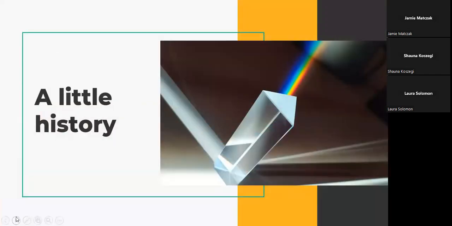So a little bit of history about where this came from, because of course, like everything else, it didn't just pop up out of the ether. The first color wheel was actually invented, let's try invented. Boy, you can tell I've been cutting back on my caffeine. It's clearly apparent. By Sir Isaac Newton back in 1666.